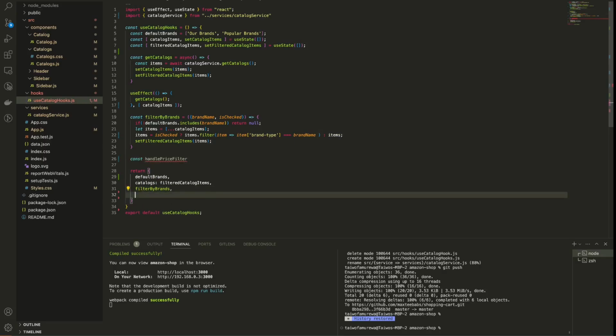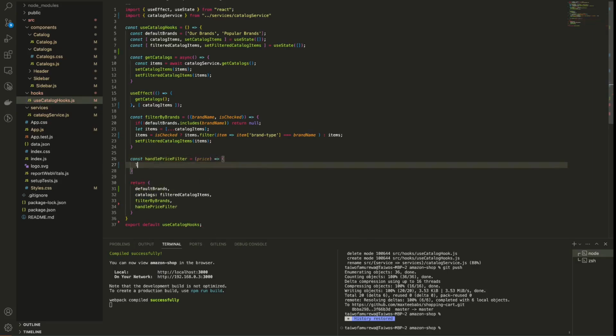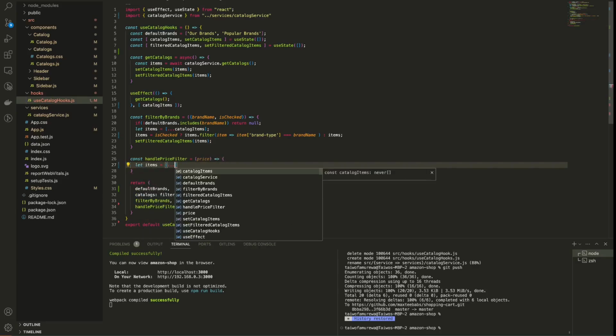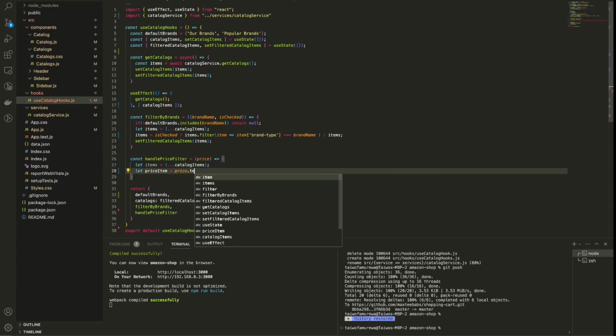Alright, and we're going to return it here so I don't forget. So we have the price that comes into here. We can say let item be equal to... So always try, when you're manipulating an existing object, to create a new object so that you do not mutate the existing object and have issues with your code later on. Let price item be equal to, don't forget that price is an object of template